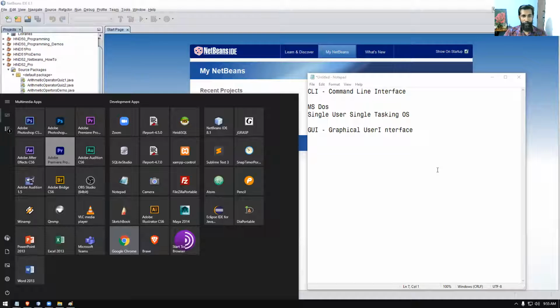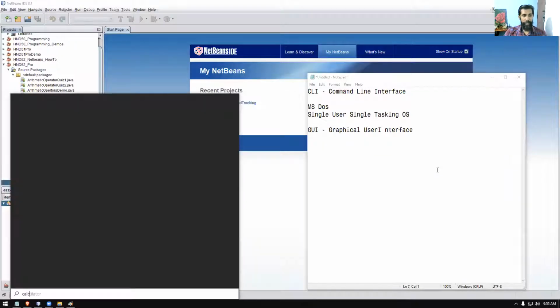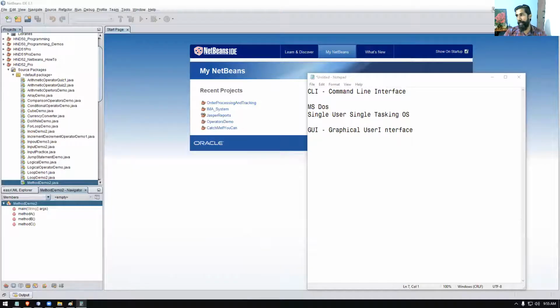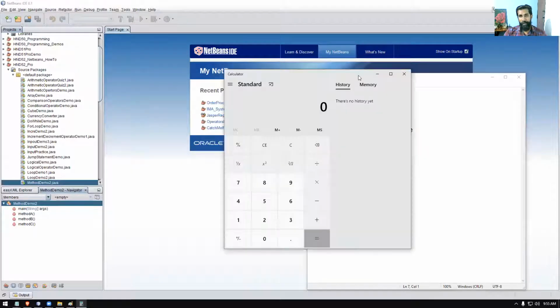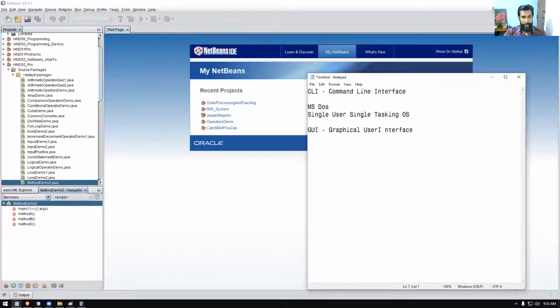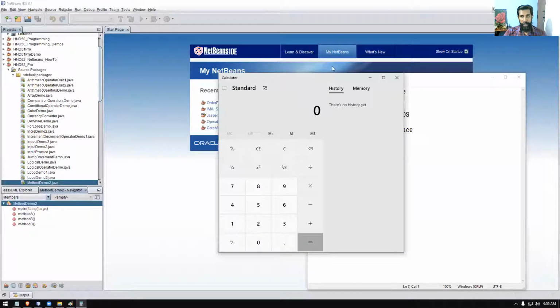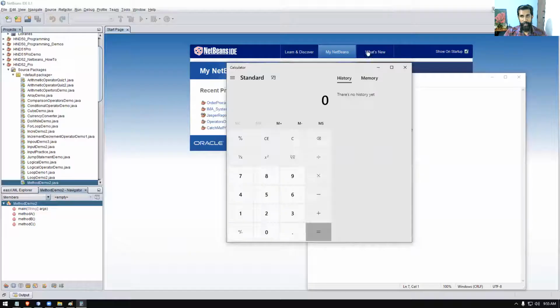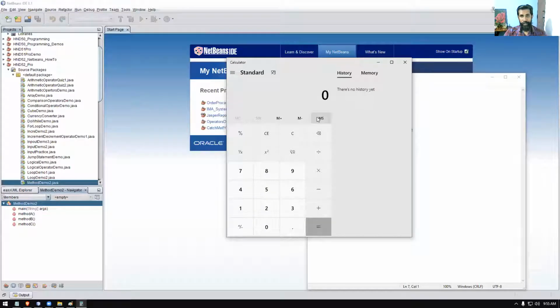So let's take one program installed in Windows operating system, which is the calculator program. If you open your calculator program, this is a GUI program where it is a window actually, children. So you can resize it, right? So you can minimize it, take it back, right? And you can maximize it, restore that, right? All those kind of things you can do. And there are buttons here. I can press them, right?